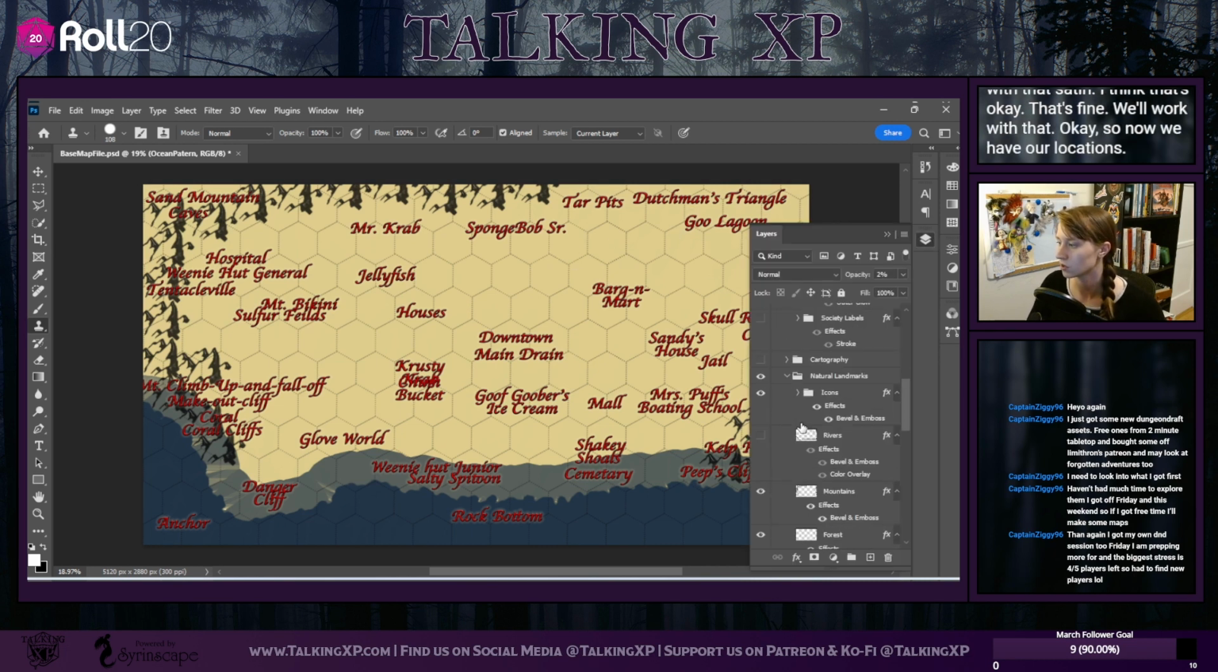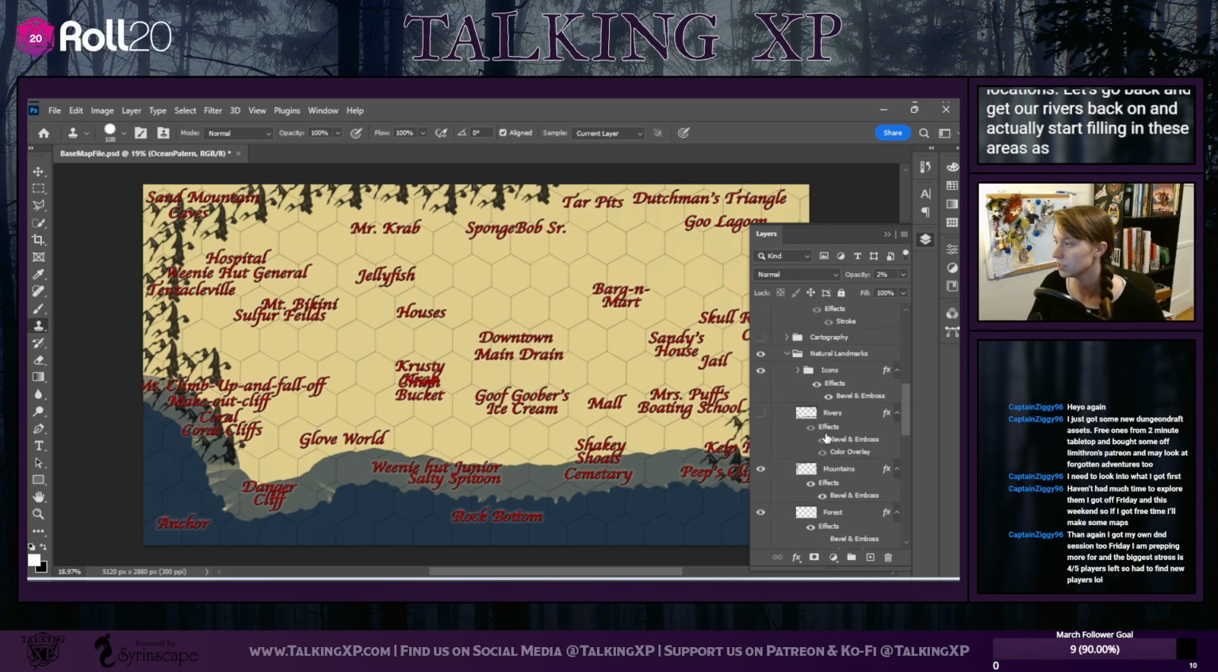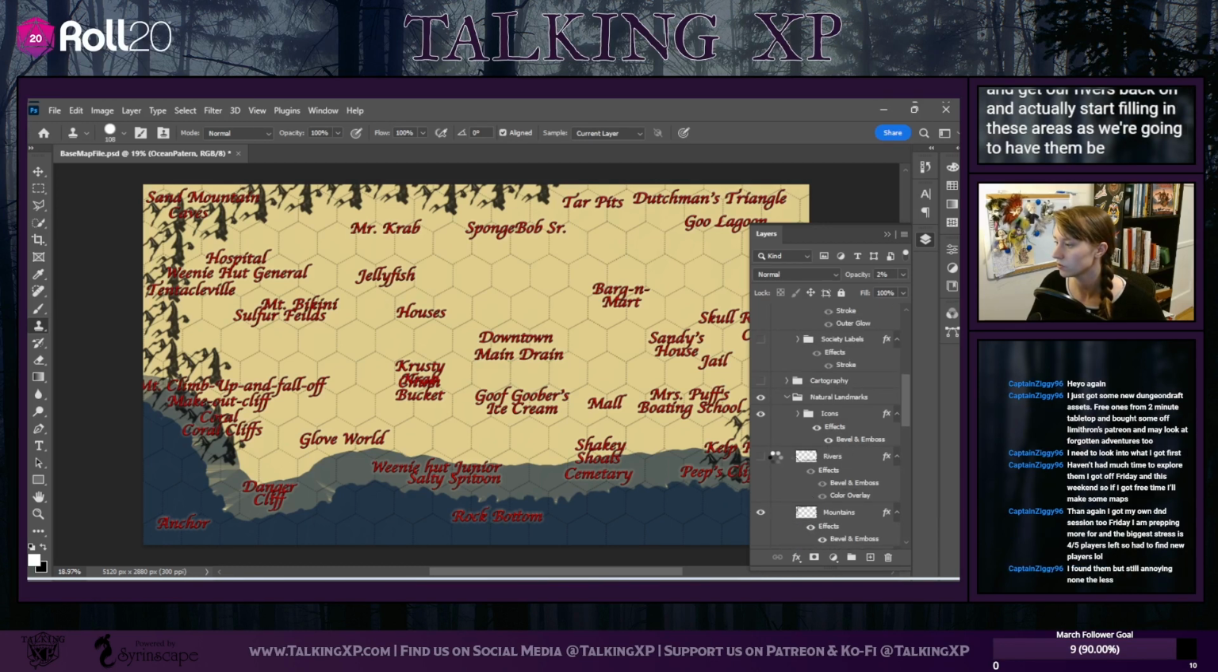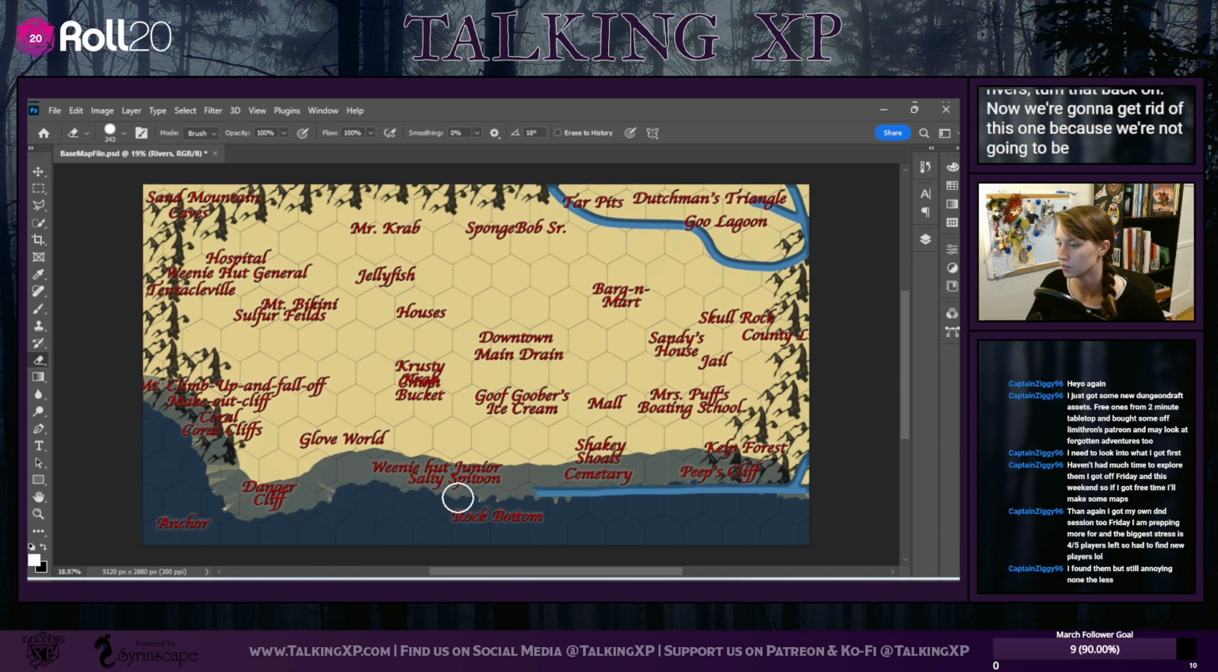Let's go back and get our rivers back on and actually start filling in these areas as we're going to have them be. So let's grab our rivers, turn that back on. Now we're going to get rid of this one because we're not going to be using that down here, because we have our cliff face there. Then,